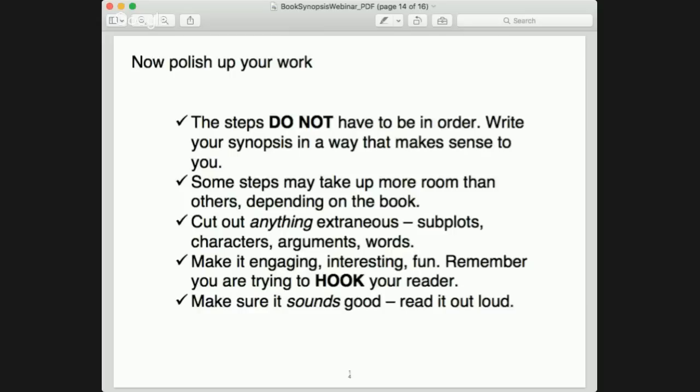You know, I always, at this stage, if I'm turning in a synopsis to somebody, that means I'm really serious and ready to go out into the world. I ask my readers to rip apart my stuff as much as they possibly can, because I want it to be perfect. And I would rather hear that it's not perfect from my beta reader than from an agent who's just sending